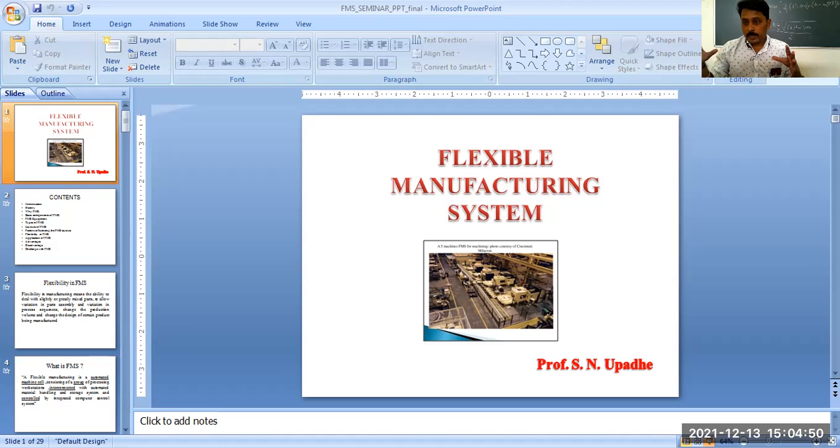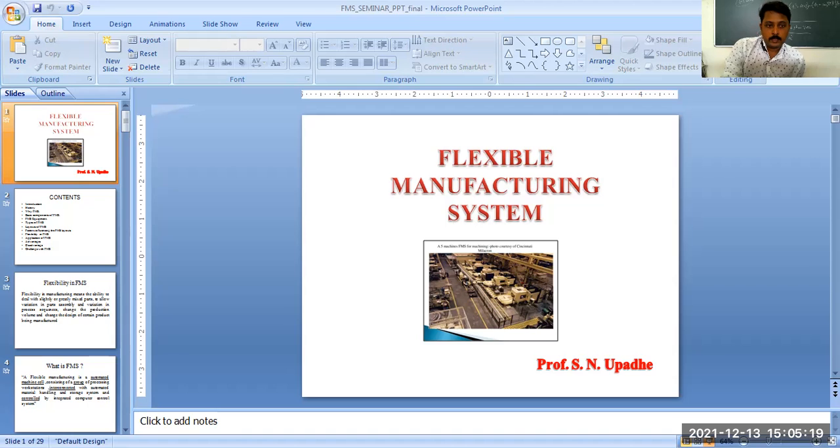Suppose the management or the company authority has said that this has to be changed. In a flexible manufacturing system, I have the flexibility to change the job completely or a partial part of it, to the extent of design. This is how the flexible manufacturing system allows us flexibility in manufacturing.